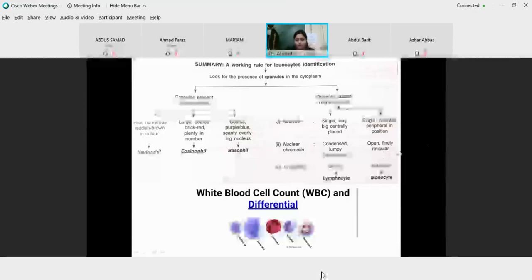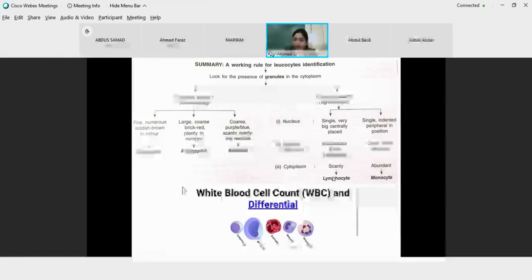Then agranulocytes are further of two types, lymphocyte and monocyte. How will we differentiate between these two? Then in lymphocyte, the nucleus is very big and it is centrally placed, whereas in monocyte, the nucleus